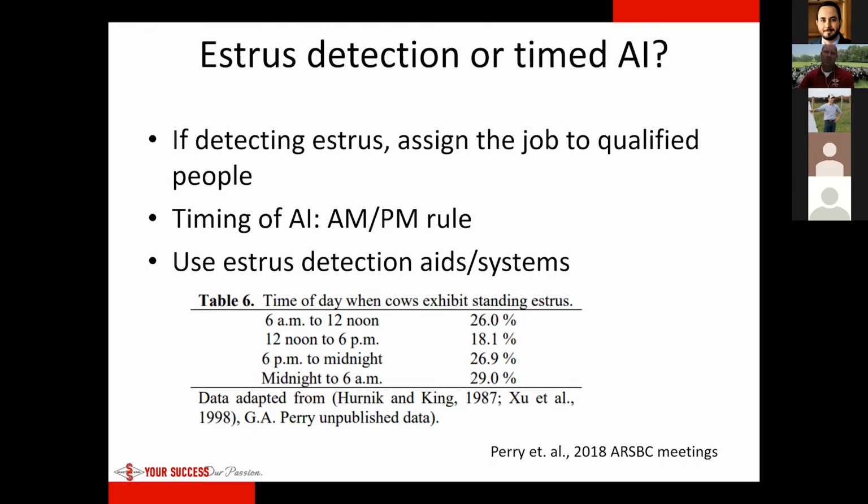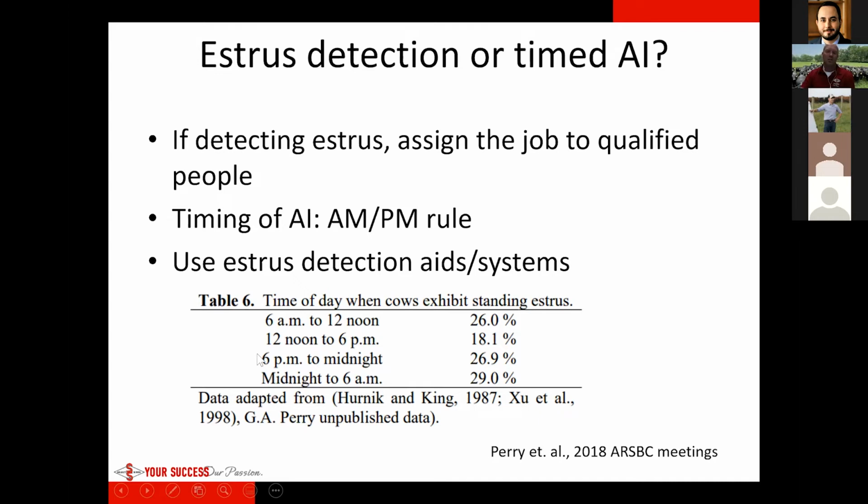So the data I've put down here on the bottom is from what George Perry presented back in 2018 at the ARSBC meetings as well, when we look at the time of day when cows exhibit a standing estrus. So typical daylight hours, for us up here, 6 a.m. to 6 p.m., we're getting a little bit less, or around 45% of those cows showing estrus during that time. The biggest challenge, especially when we get into the days when daylight hours get much shorter,